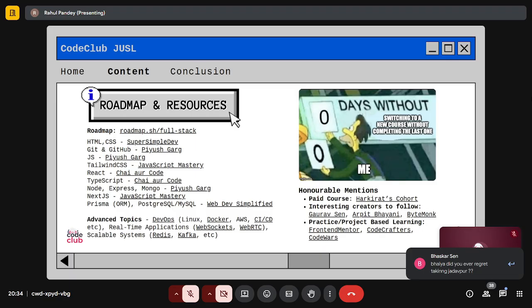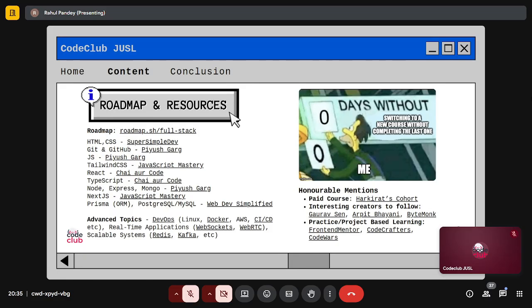Is there any other language we use other than JS? Like some people do CP in Java, Python, and CPP. So CP is very different from WebDev. Although you could use Java as well as Python for the backend, for the front end mostly you need to learn JavaScript, and because you are learning JavaScript for the front end, people like to use JavaScript on the backend as well, because you don't have to learn a whole new language. But if you're familiar with Java and Python, then for the backend you could go ahead with those.